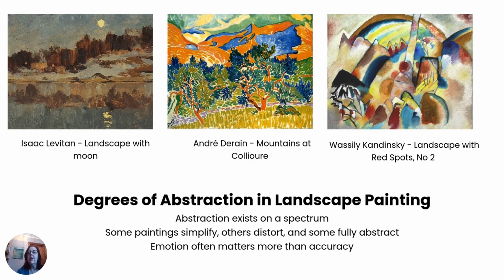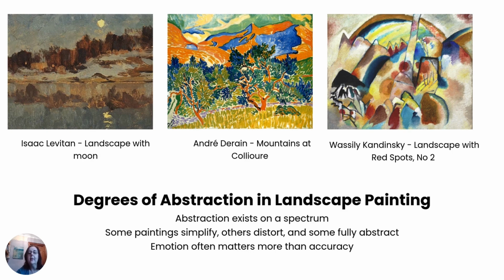Derain's Mountains at Collioure pushes further, using bold colours and loose, exaggerated shapes to reinterpret the landscape. His Fauvist approach isn't concerned with realistic light and shadow, but rather with an expressive response to the scene. The mountains and trees are still recognisable, but their forms are simplified and stylised, filled with vibrant, non-naturalistic colours that heighten the emotional impact of the painting. This work represents a turning point where the subject is still present, but colour and shape begin to take precedence